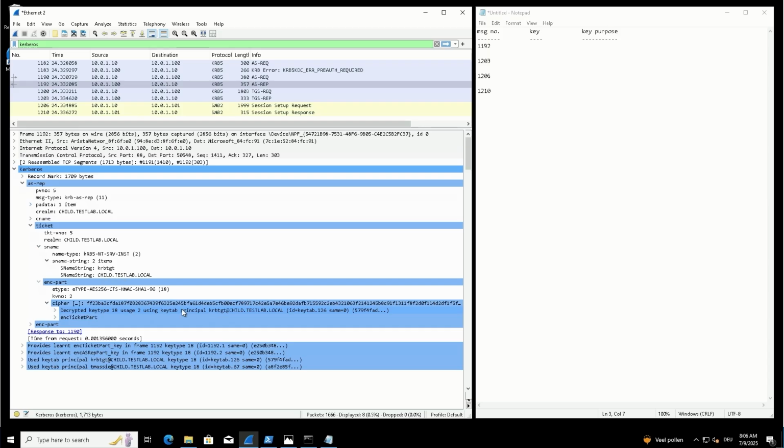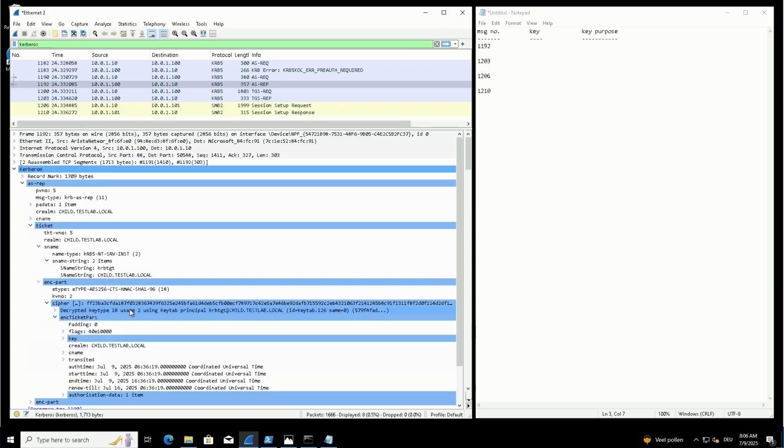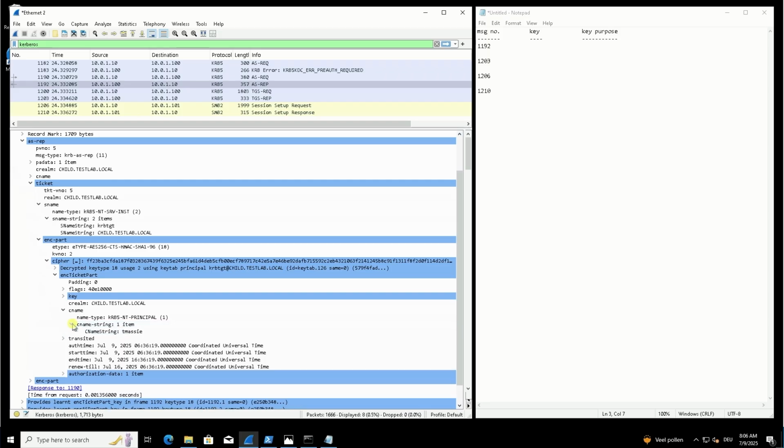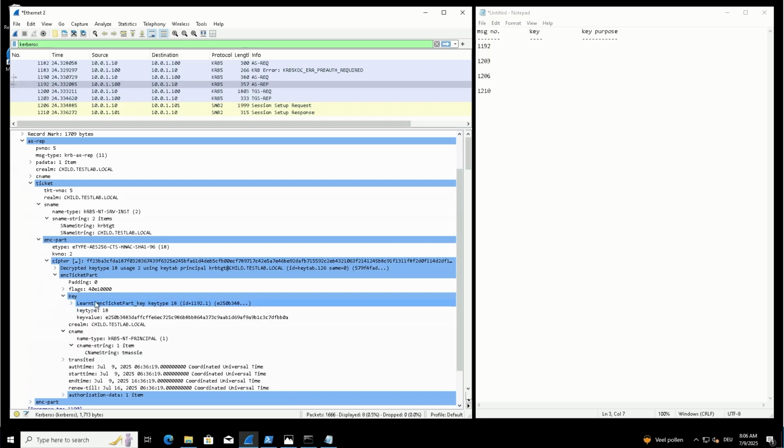And within the encrypted ticket, as we've seen on the slide before, we have the session key and some other information like timestamps, the name of the client, and so on and so forth. Let's look a bit more into the session key. We see that Wireshark automatically adds this key to its repertoire, and we will also take note of that. So in message 1192 of our recording, we have learned the key